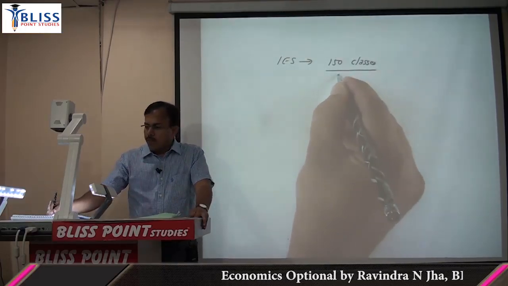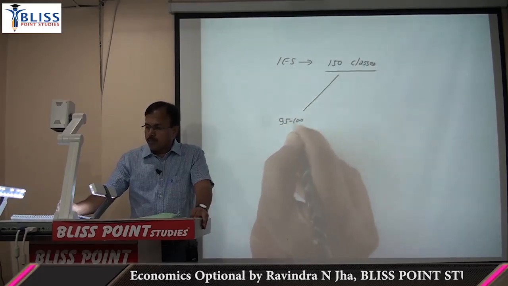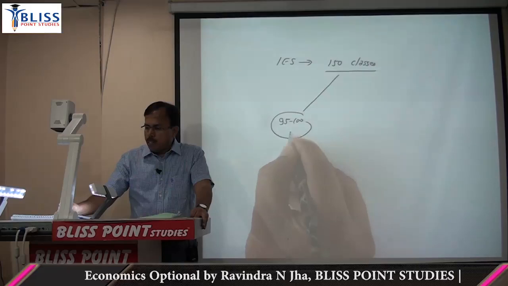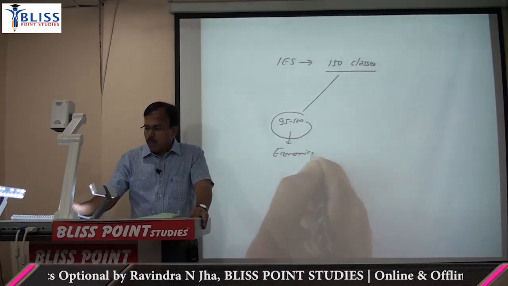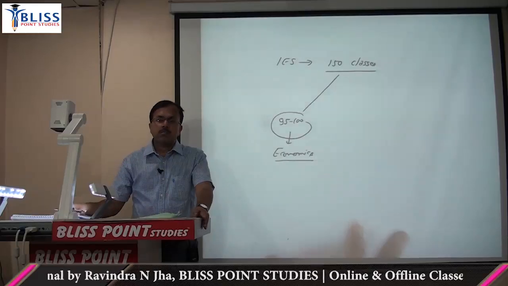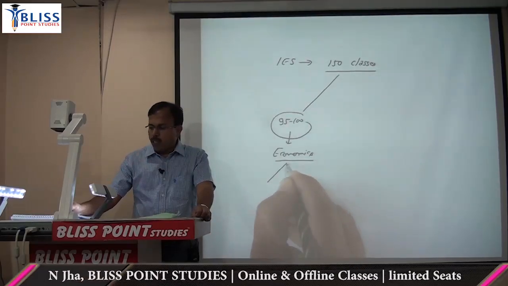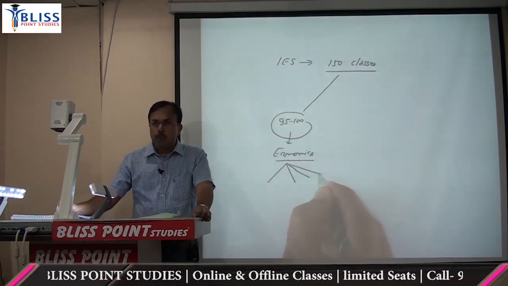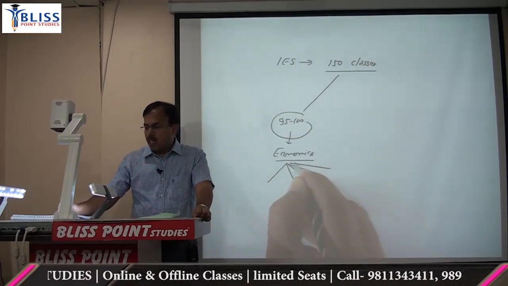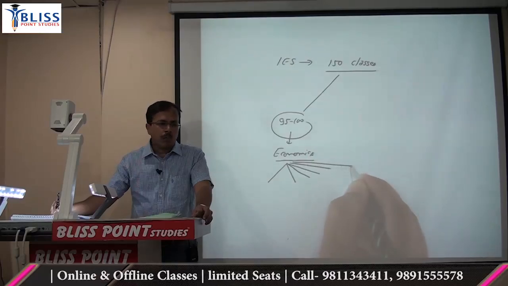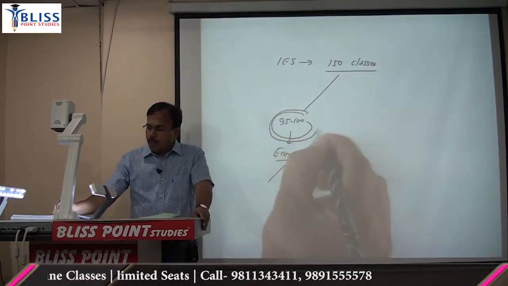Out of that 150, you can say 95 to 100 classes will be mainly economics classes, which will include micro, macro, international, money, public finance, then growth and development, and paper 2, that is Indian economy. Now these 95 to 100 classes will be common with